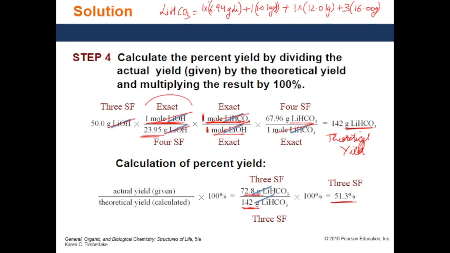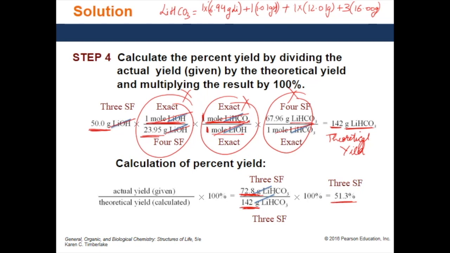Again, how many sig figs? This is an exact number. We don't care. Exact, we don't care. The number of sig figs given to us in the question is 3. So here the grams should be 3. And then our theoretical yield, the number of sig figs given here was 3. The number of sig figs for our answer is 3. So our final answer should also have 3 sig figs. And that is how you can solve